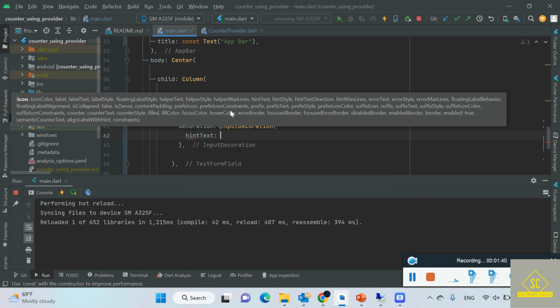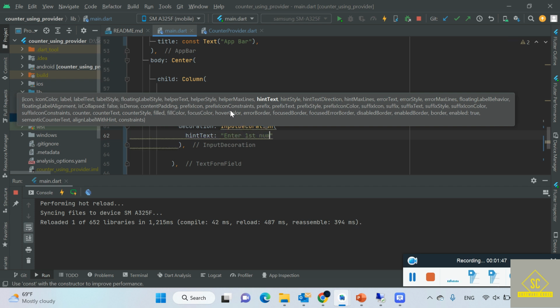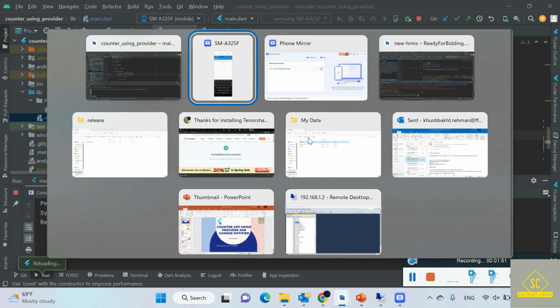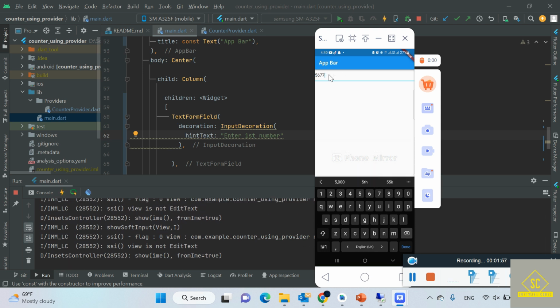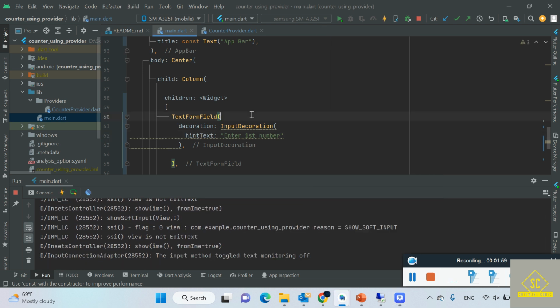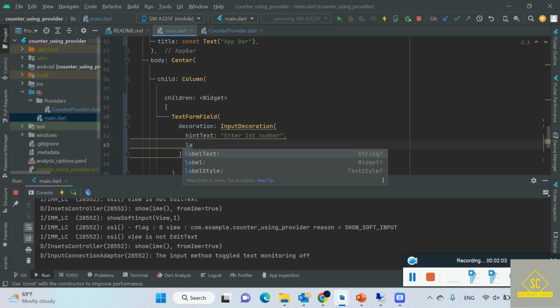So it has hint text. So let's give a hint to our user. Enter first number, and now you can check that it has a hint enter first number. Whenever you will type something, it will be automatically removed, and when you will clear the text form field, it will appear again. So let's add a label